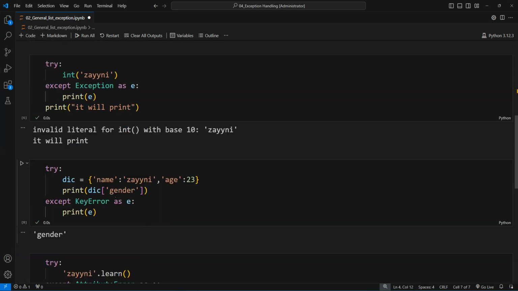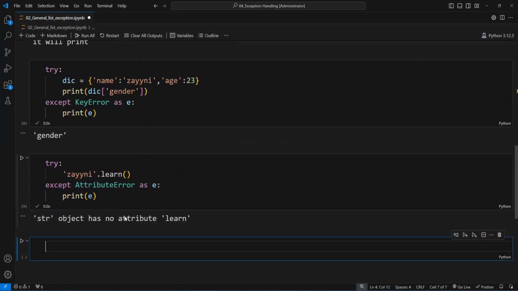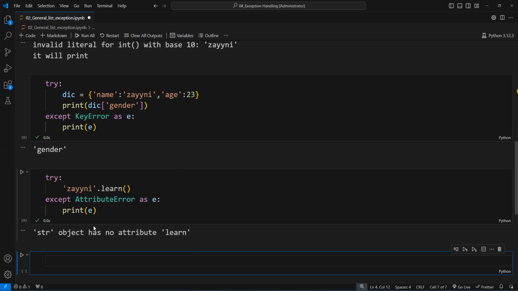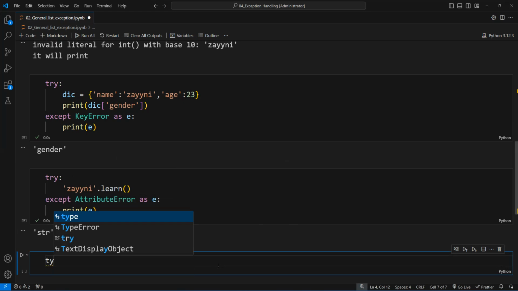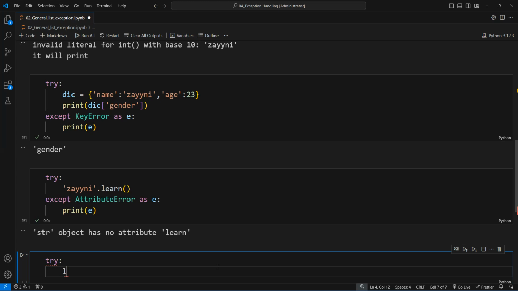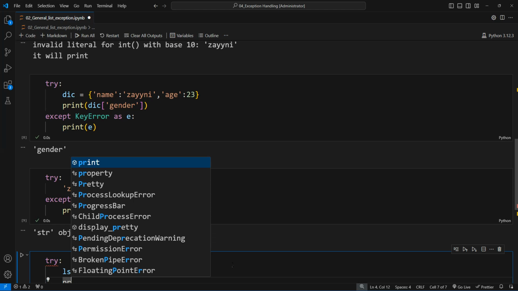So here we are gracefully handling all types of exceptions which could occur at our program runtime. Let me show you another type of exception as well. I'm going to take a list here. So list is equal to, and in this list I'm going to take some numbers 1 2 3 4, and now what we want to do, we want to print